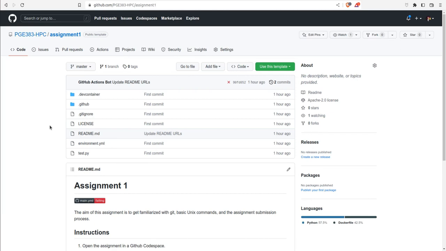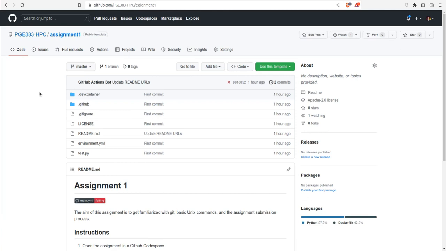Codespaces are virtual machines with a set of instructions that define the exact package environment to be installed. Those instructions are contained in this dev container folder, and again, the details of that we're not going to discuss in this lecture. But basically, this enables a developer to define an exact environment which they would prefer to be recreated every time they go to edit